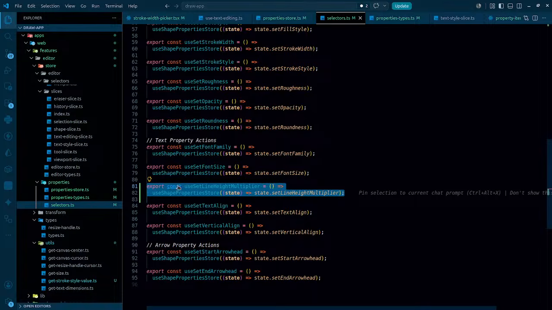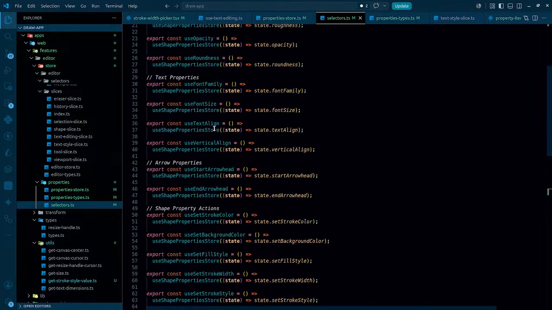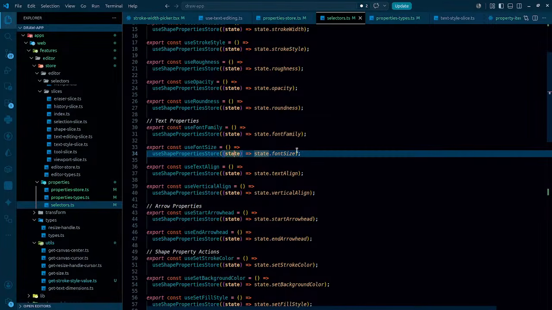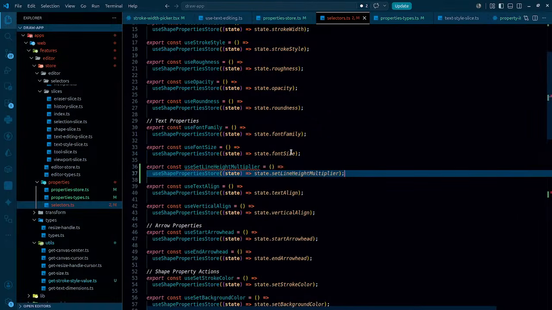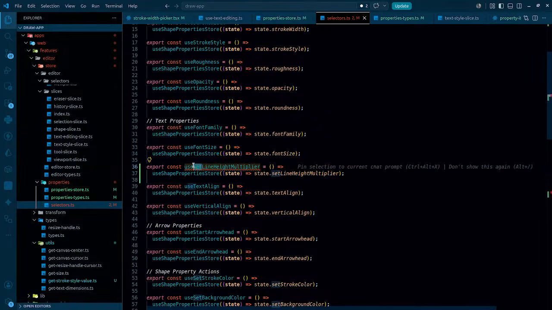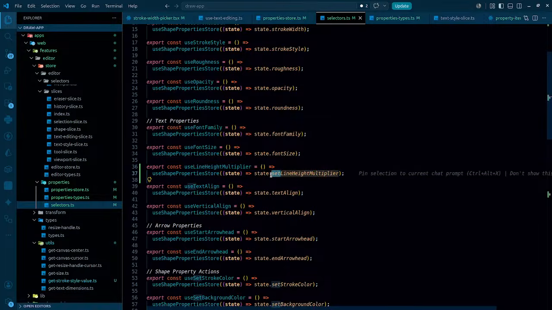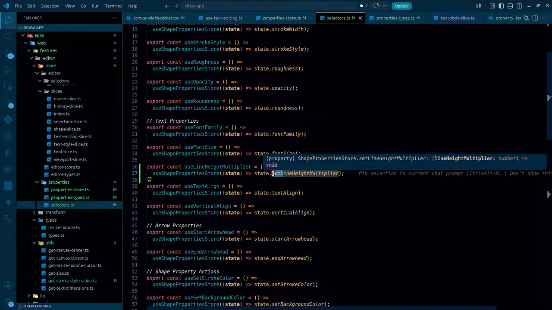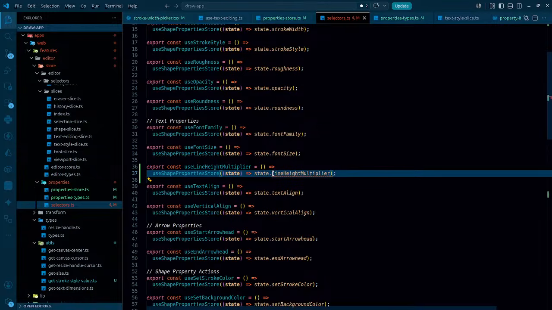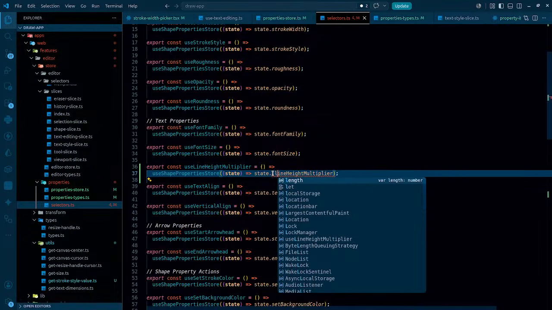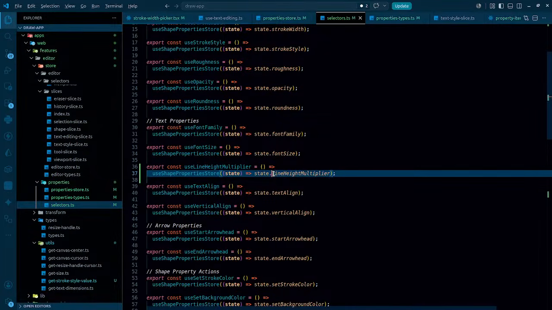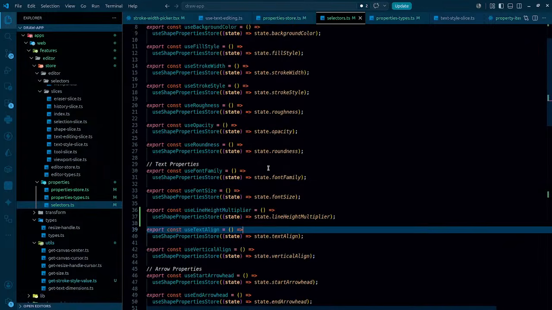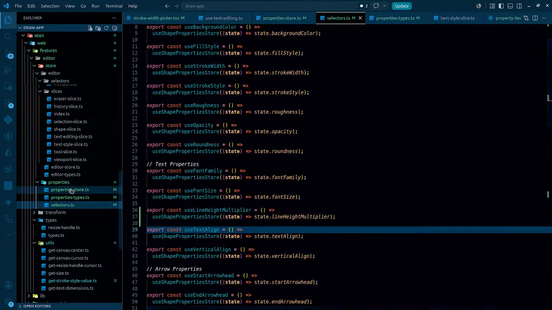and if I actually want to use that, so I can have somewhere here, then it should actually be just use line height multiplier, and this should be line height multiplier. Okay, this seems to be done. That simply means now we can use it anywhere. So now